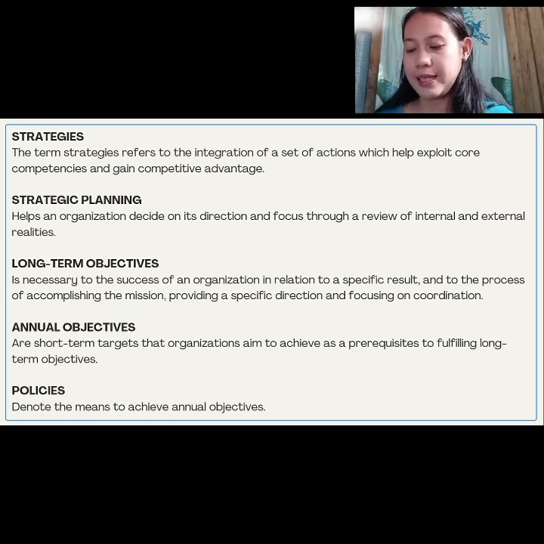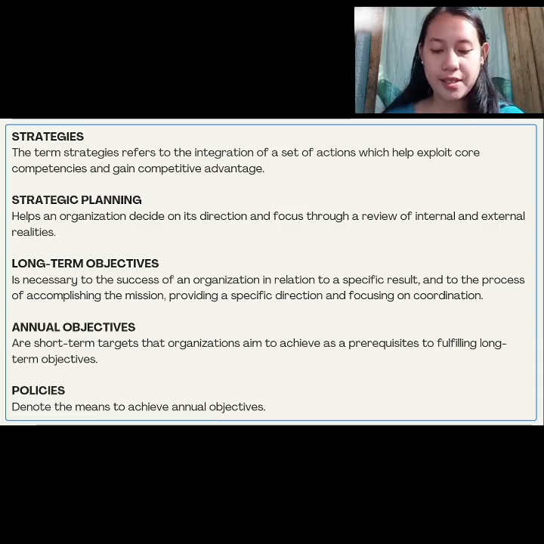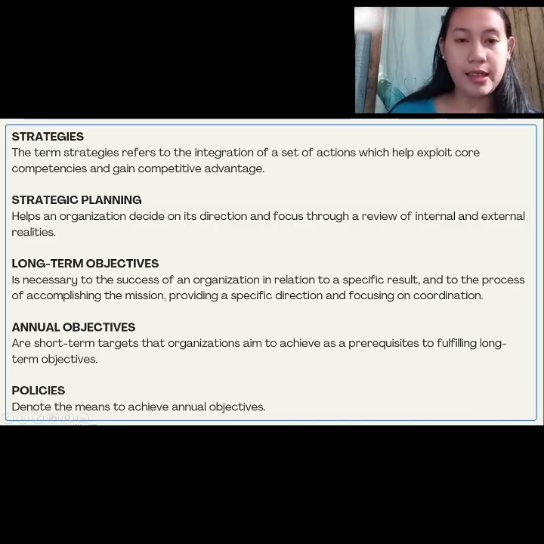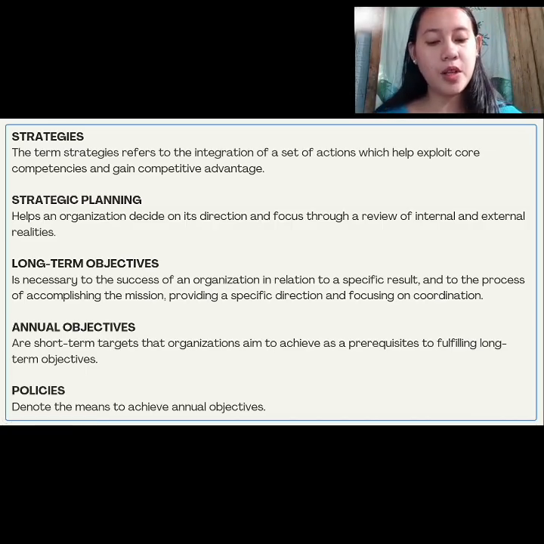Then the last is policies. Policies denote the means to achieve annual objectives. So, policies are means to achieve annual objectives. They are the guidelines for decision making and support objective attainment. So, in summary, strategies are developed through strategic planning, which sets long-term objectives. Then annual objectives are set to achieve these long-term goals, and policies guide the decision-making process